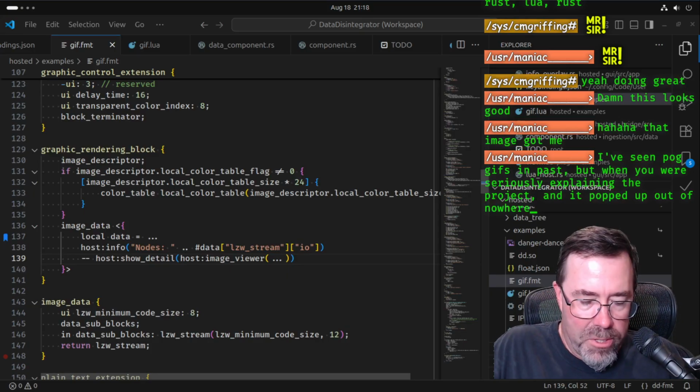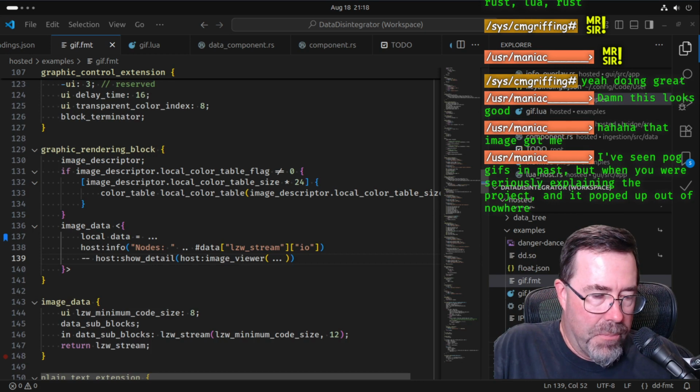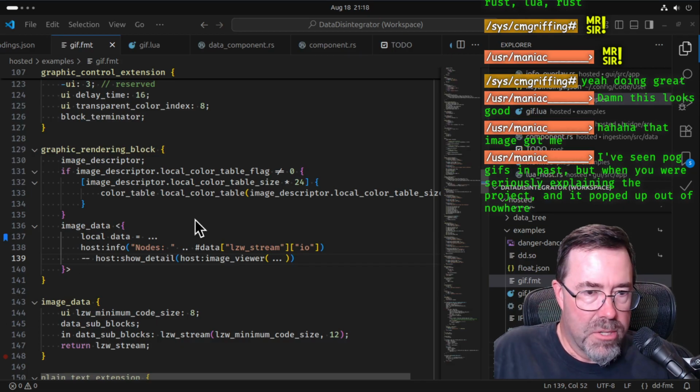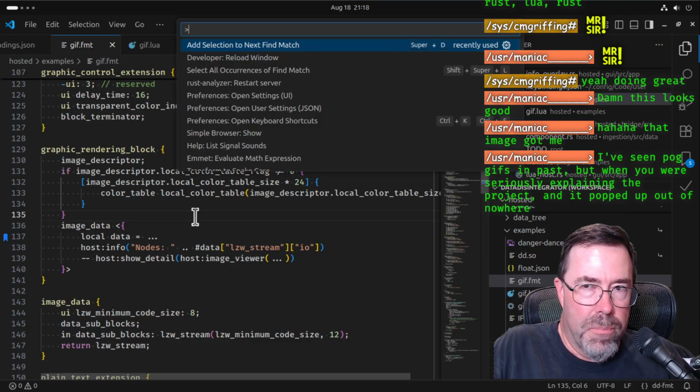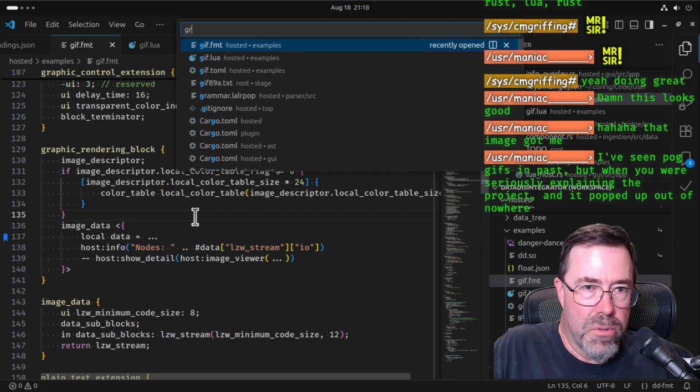So if you're curious how the language for my parser is built, I use two crates, Lollipop and Logos, that I'll link to in the chat. And Lollipop is kind of like Bison and Yacc. So if I show you the grammar file,